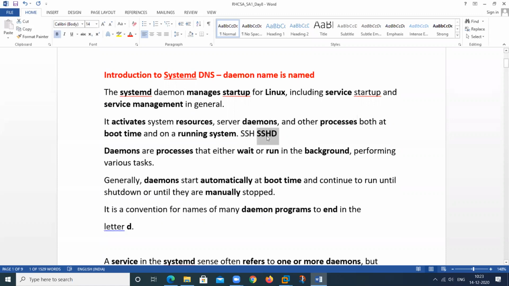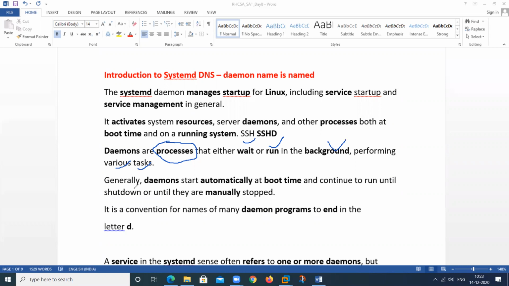So a daemon is used to control the services. What is a daemon? A daemon is a process that either waits or runs in the background for performing various tasks. A daemon is used to start the service, to stop the service, to resume the service. If we don't know the daemon name of any service, we can't start it.